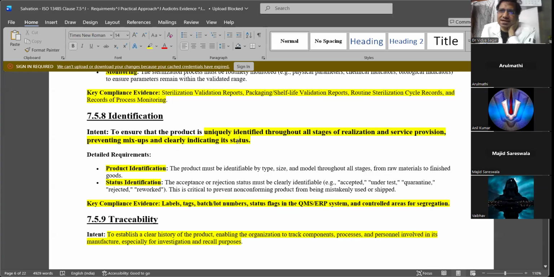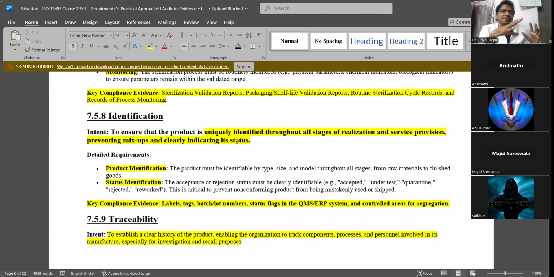So you should know what is the status. Is it at a semi-finished product stage? Semi-finished product stage means, what is the size of it? If you have multiple sizes, what is the size of it? When it is manufactured, is it an accepted or rejected piece? All this data has to be there as a label on that pack.